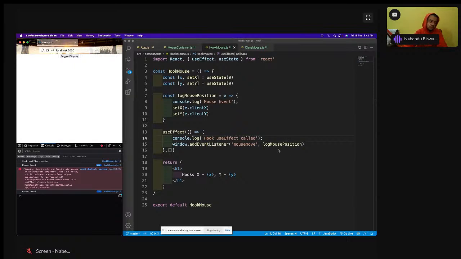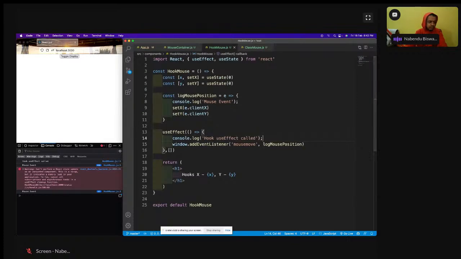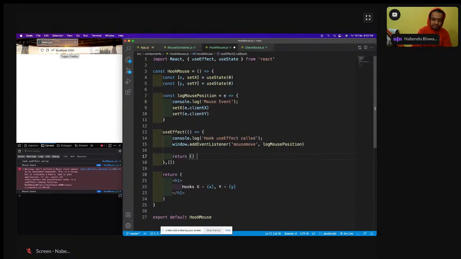Again, in the use effect, there is something by which we can implement the component will unmount code. Actually, this code is also there in the use effect only. So how to do that? For that, the logic is a bit different. Earlier we have seen we can do something here, but now we are not doing anything here. We're doing a return of